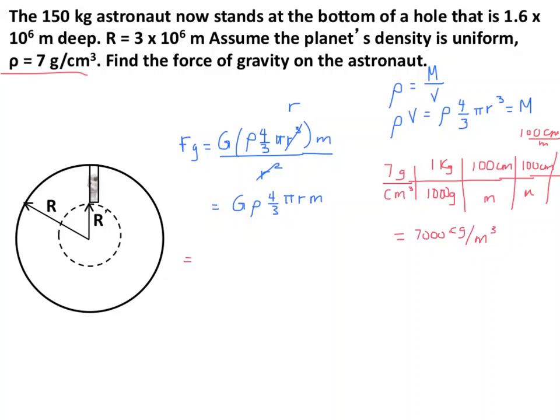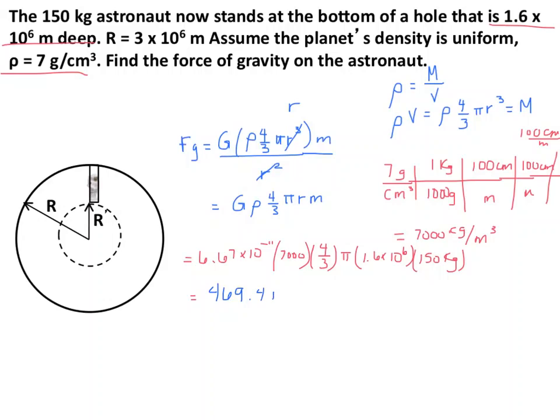So now we can plug in all of our numbers. Again, g is 6.67 times 10 to the negative 11. Rho is now 7,000. 4/3 pi. The distance from where the center of mass is to where we are is 1.6 times 10 to the 6th. And then the mass of the astronaut was 150 kilograms. 469.4 newtons is our force of gravity